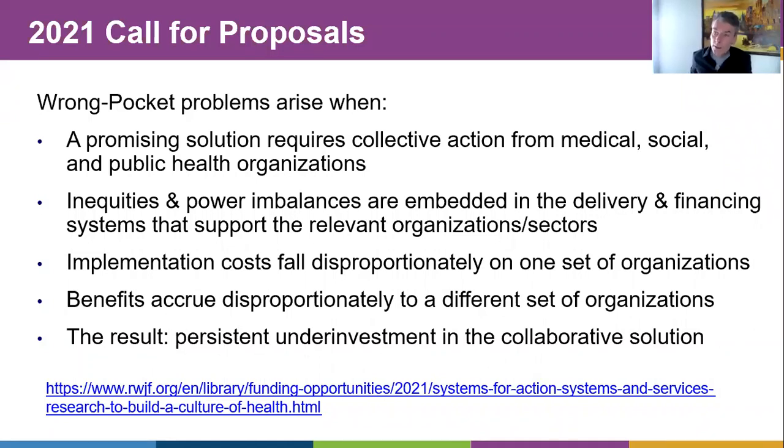But the problem is that those organizations that work in those different sectors have very different allocations of resources and power and influence. And partly because of that, the costs of implementing a collaborative solution that involves those organizations fall disproportionately on certain subsets of organizations in that collaborative. But the benefits from that collaborative action work accrue to different groups of organizations in that collaborative. And so what we have is the costs of the collaboration are distributed differently across different organizations from the benefits